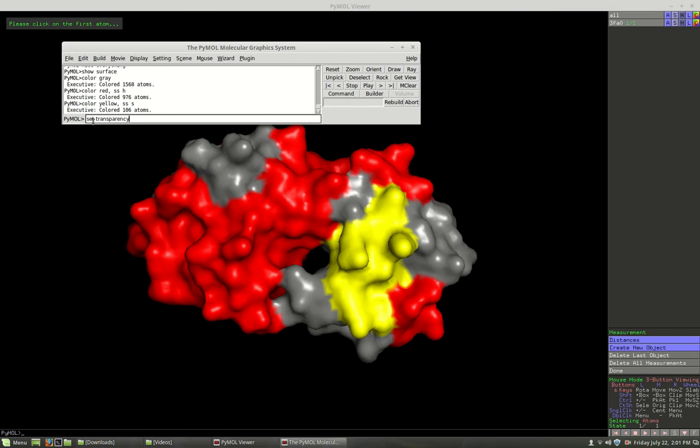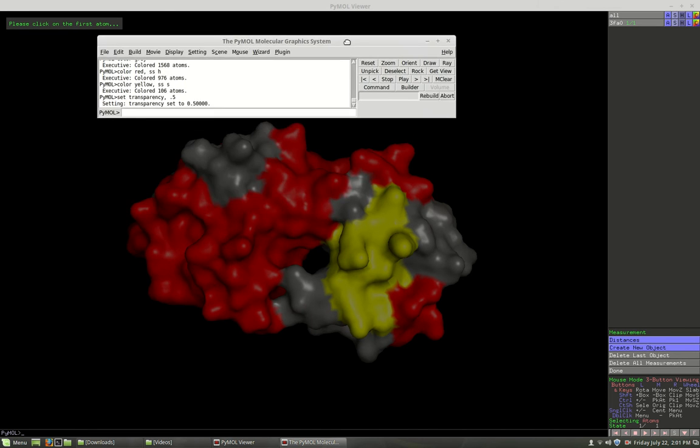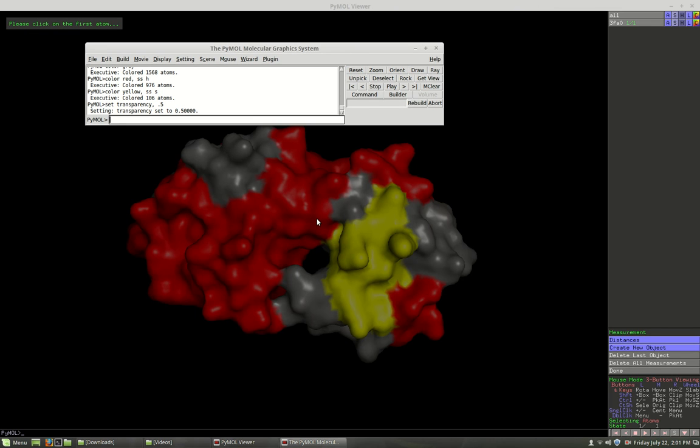Set transparency, comma, space, all right, and let's do that at 0.5. It kind of dims it. Might help with the viewing of it, so you can see the parts that stand out a little better. You can now go back to show sticks,